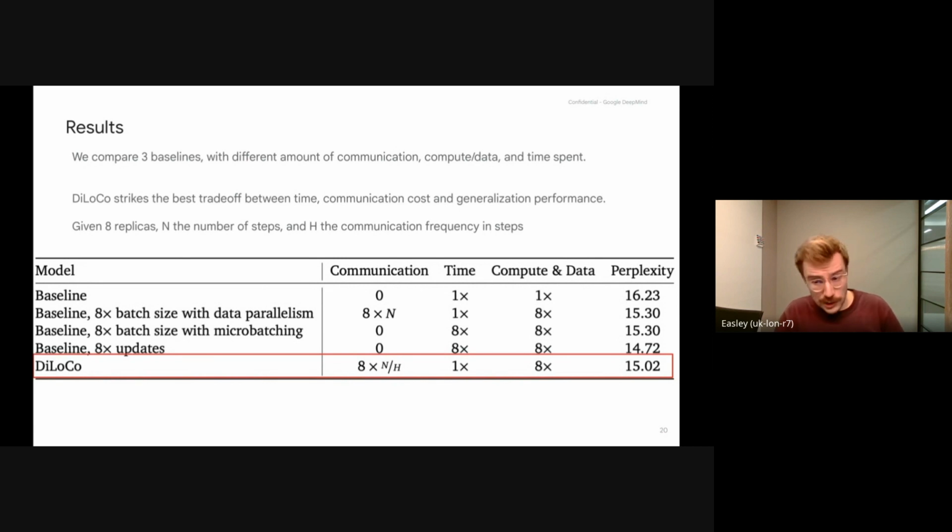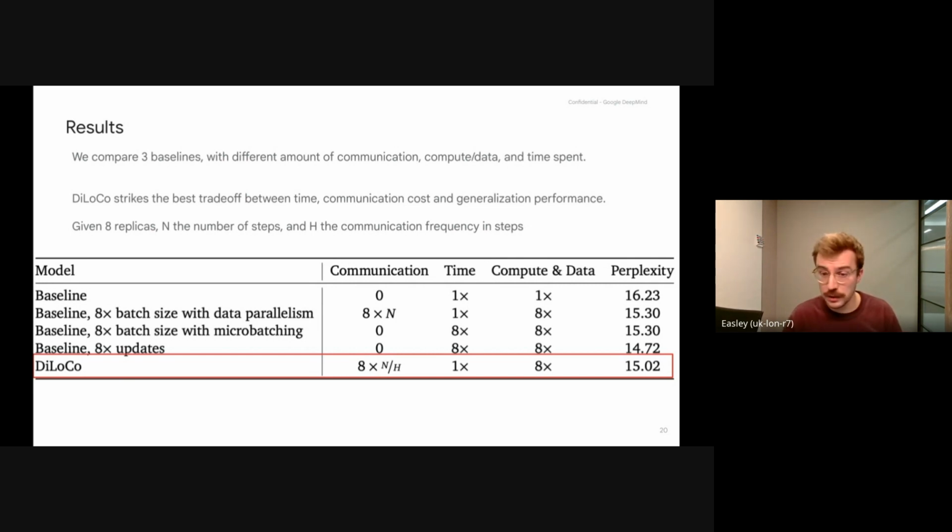So with DiLoCo, we also need to synchronize, but contrary to the second baseline, where we synchronize at every step, and we do n steps in total, we only need to synchronize every time we do h inner steps. Meaning here, our communication cost is 8 times n, the number of steps, divided by h, the number of inner steps. Here, for example, in practice, most of our experiments are with h equal to 500, meaning that we communicate 500 times less. Because we are doing parallelization across 8 devices, our time is only 1, our compute is 8,